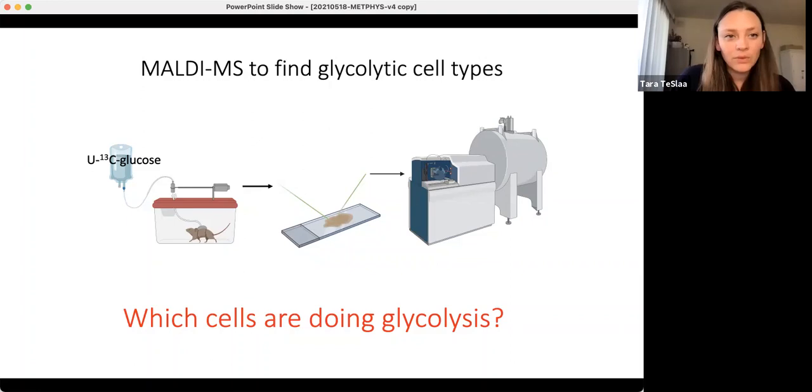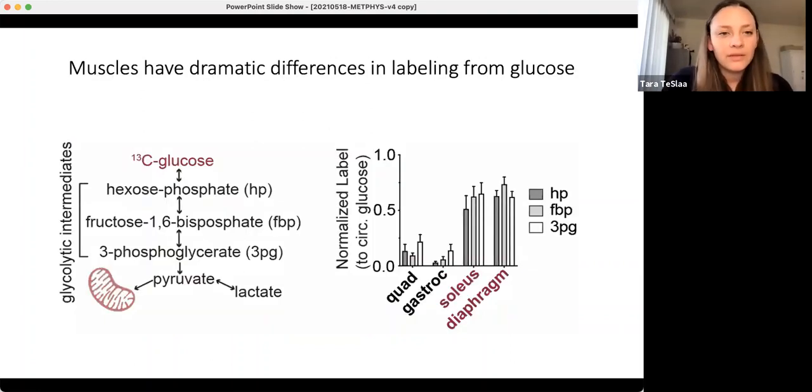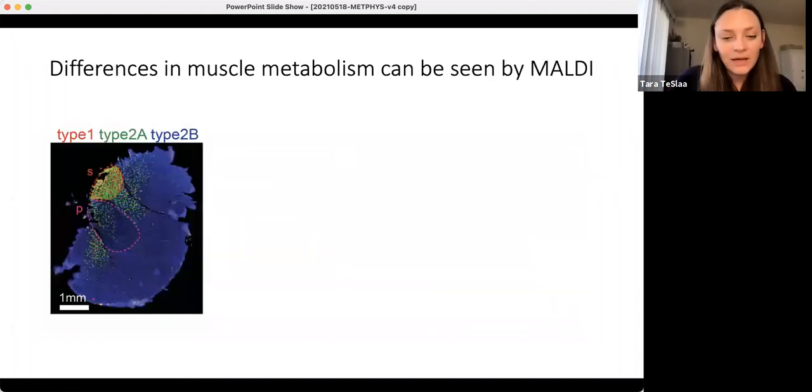And because we're just starting using this methodology, I wanted to start with a tissue that has very dramatic differences in labeling from glucose. And so a tissue that we know from our LC-MS data has large differences in labeling are different types of muscle. And gastrocnemius and soleus muscle are right next to each other. So that means we can take these muscles out of the mouse and we can section them and we can view them